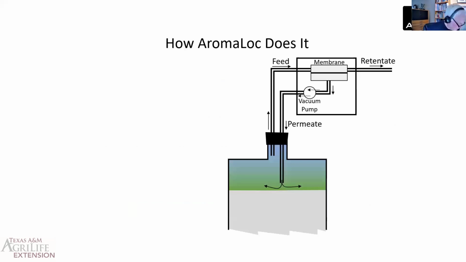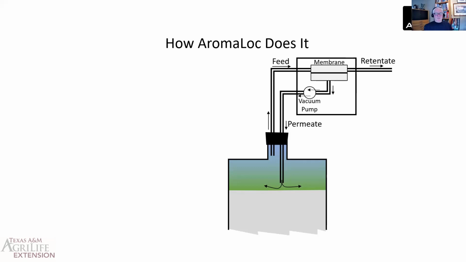So what was my idea? Well, I show it here. I have a tank of wine that's being fermented. There's liquid wine down below in the gray area, and then up above that is the headspace. Now there's CO2 being produced, so that's going to push gas out from the headspace because the pressure develops in there. If we tap that headspace and duct that gas to an Aromalock machine that contains a special membrane,